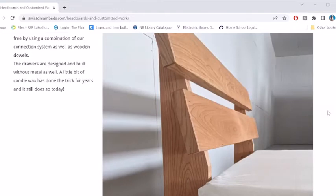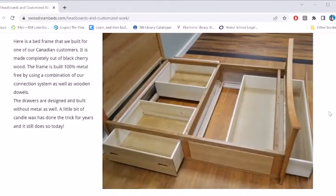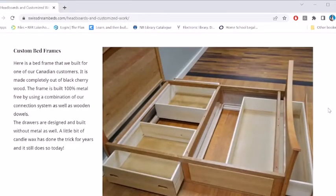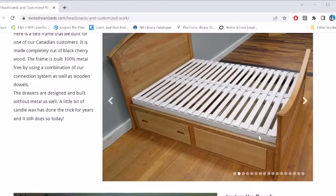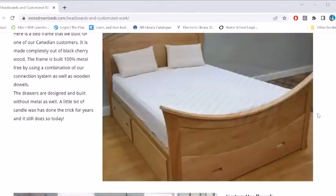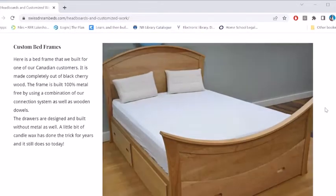It does take a little bit of time. Usually a custom frame, you should think for at least a month of extra time to build it. If you add shelves like in this frame right here, it takes a little bit longer. And making shelves is quite expensive. So just keep that in mind. And lastly,